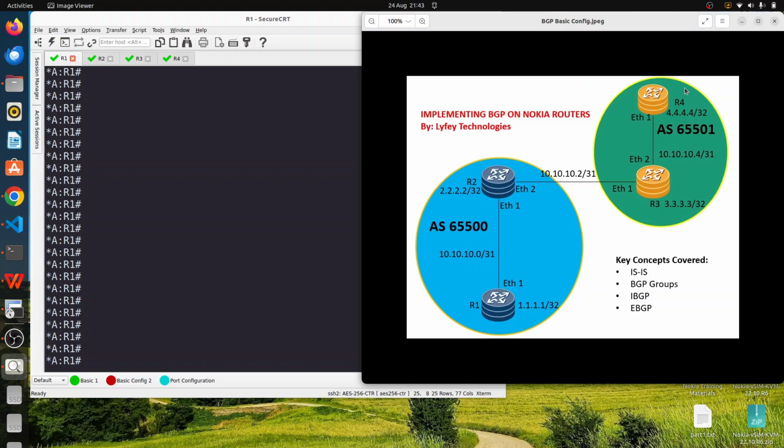in different autonomous systems. We also demonstrated how to configure BGP groups that will help us to simplify the configuration, and also it reduces the number of commands, especially when you have so many peering sessions and you need to run repetitive commands. So we can verify that our peering sessions are up and also check the BGP configuration that